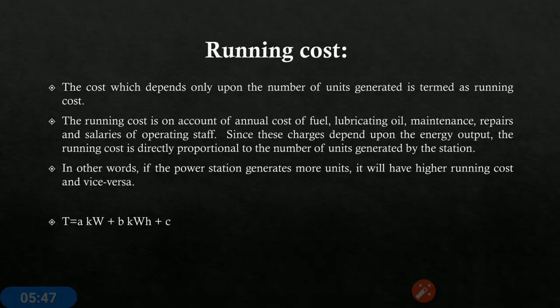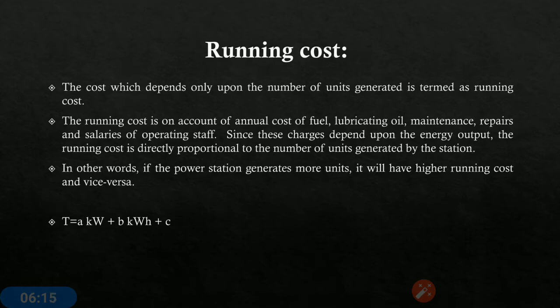Now the third one is the running cost, right? The running cost depends upon the number of units generated. With the running cost, there will be the cost of fuel, lubricating oil, maintenance, repairs, and salaries of operating staff. So when the plant comes into action, when the plant is generating units, there